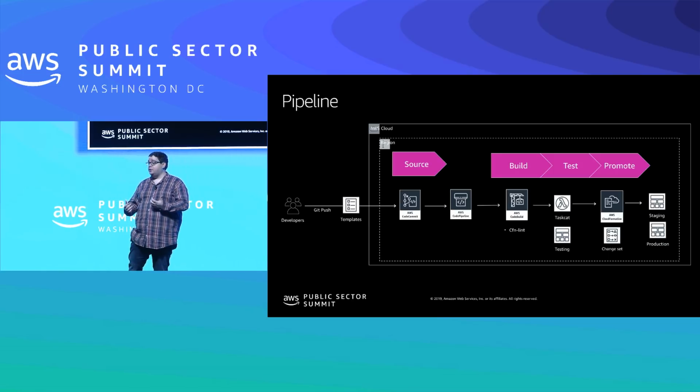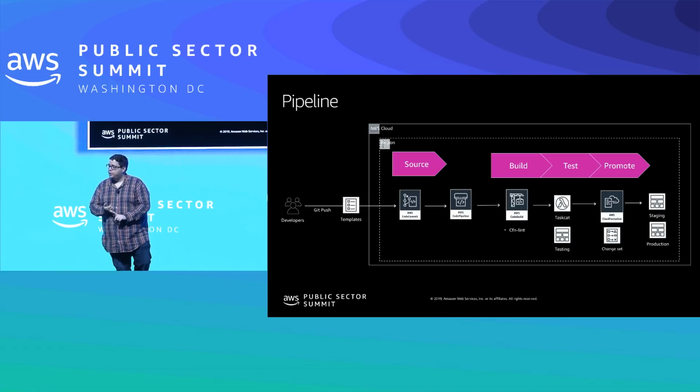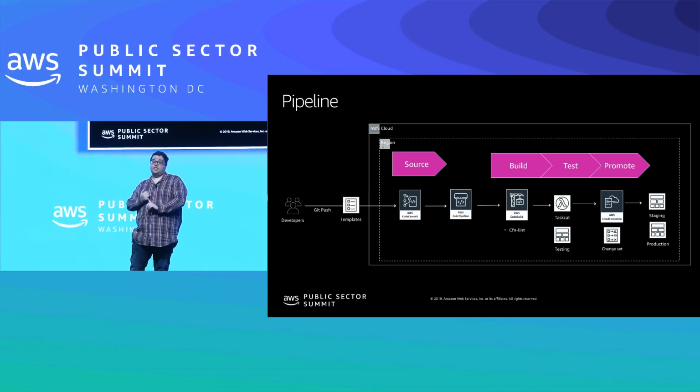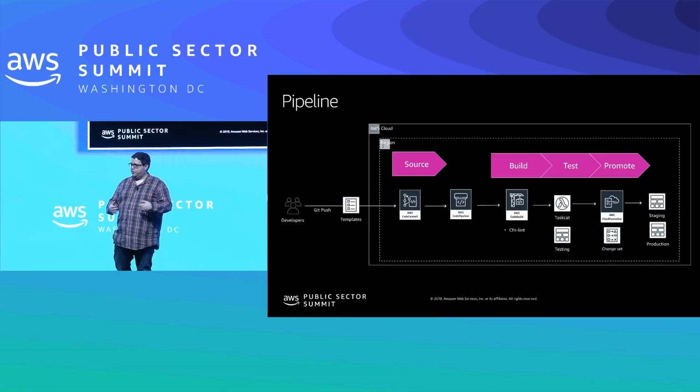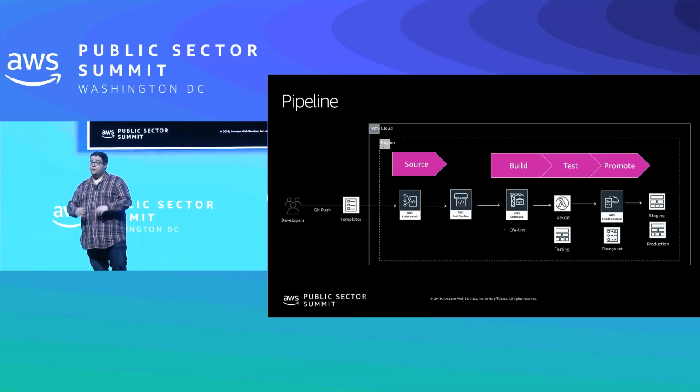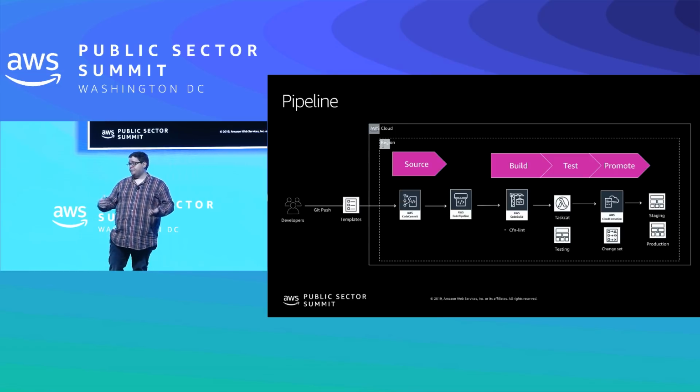The ones that I use are AWS CodeCommit, AWS CodeBuild, and CodePipeline, just because they're easy to spin up with CloudFormation, but you don't have to only use that. We support open source tools as well. We support GitHub, we support Travis. Any way that you want to actually build your pipeline, you can do so.